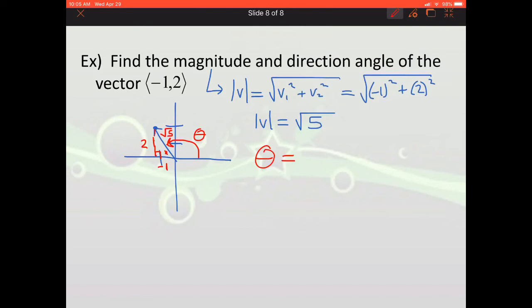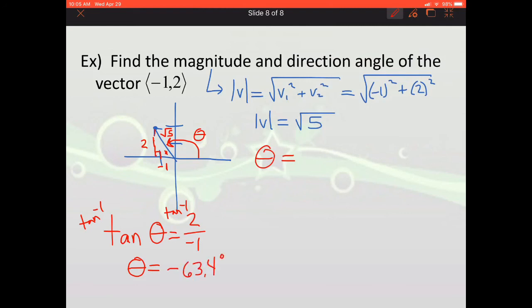You could use that formula that we used on the other page, but instead I could use tangent of the angle, and I know tangent is opposite over adjacent, so 2 over -1. So I never even have to use the square root of 5. If I do inverse tangent, again, making sure you're in degree mode, then the angle, inverse tangent of -2, comes out to